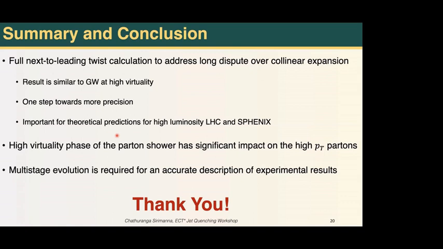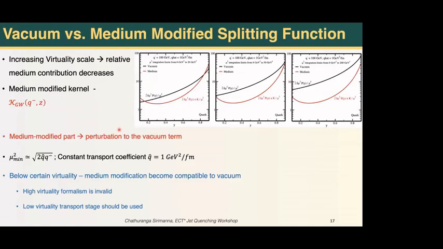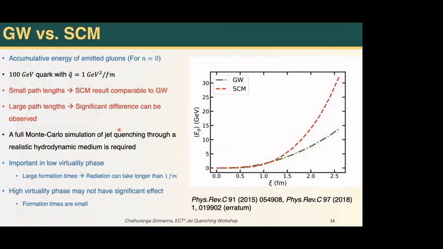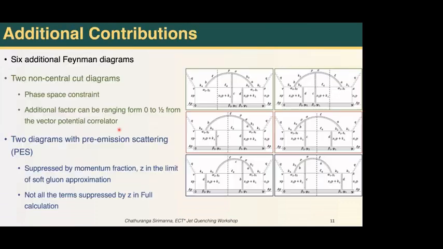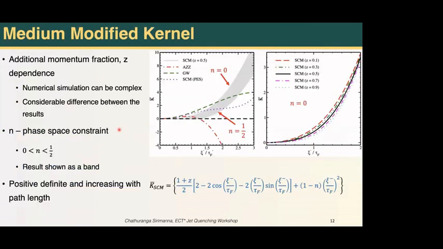Hi, thank you for the talk. In the first half of your talk, you talked about the medium induced emissions, and during the morning, there were several talks about how you can calculate this and different limits. I was just curious if you have a plot, or have you compared to these other things, like how your result is related to the opacity expansion or to the harmonic oscillator approximation? Where is it valid? Where is it not valid?